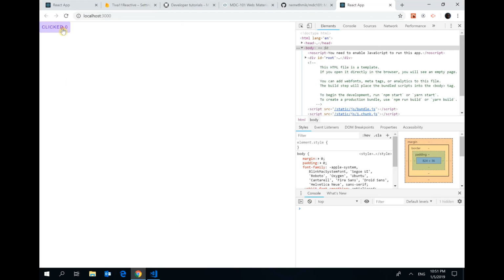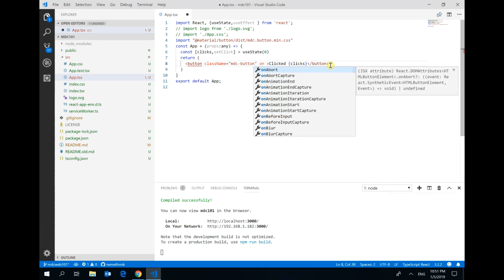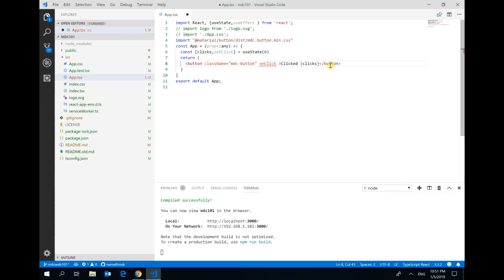Okay, it's click 0. Okay, so it displays 0, but it doesn't update because the set click is not called. So the next step is to define an onClick function for it,